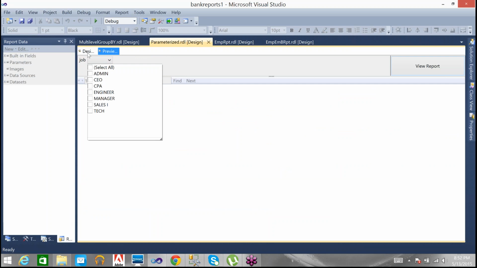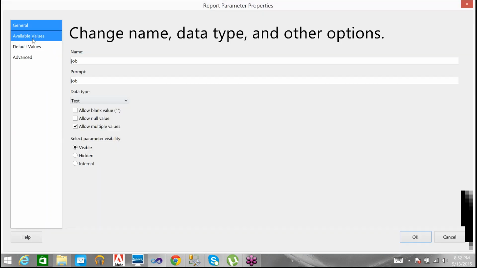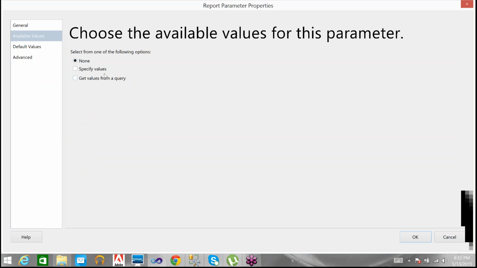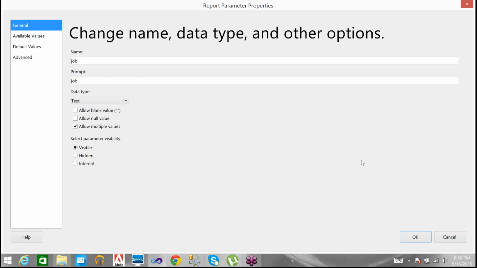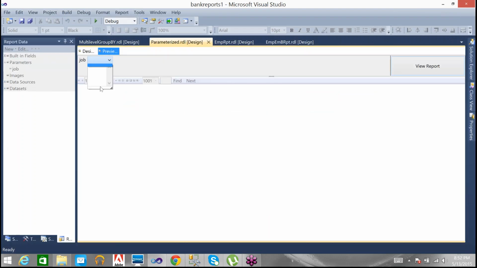But here we already gave the multiple selection. Then I'm going to remove that query from that parameter. Available values, I'm just removing that. But after removing that, the parameter will not have any values. Still I can type it.